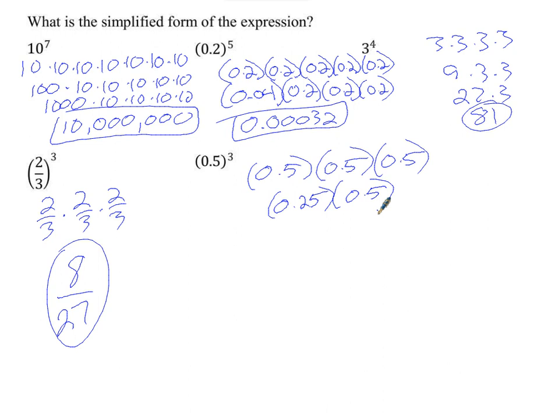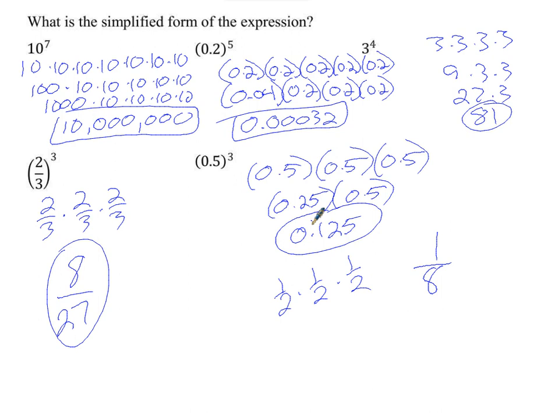0.125. That's right. 0.125. Incidentally, if I had written this as 1/2 times 1/2 times 1/2, which do you agree 0.5 is 1/2? How do I multiply fractions? Straight across. 1 times 1 times 1 is 1. 2 times 2 times 2 is 8. If I take 1 and divide it by 8, guess what I get? 0.125. So this is the correct answer, and I just want to point that out to you to show you